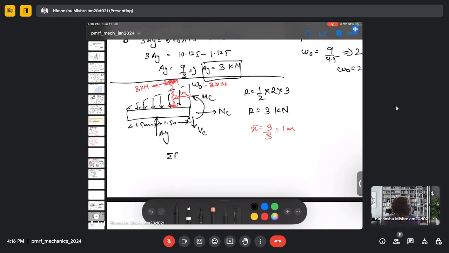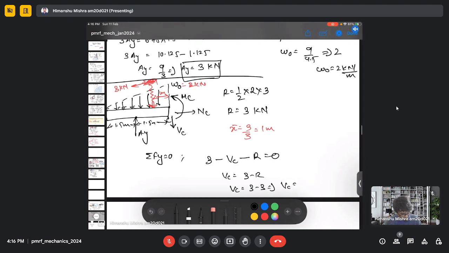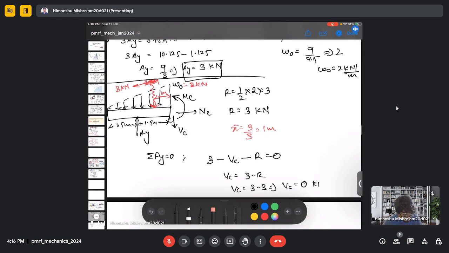So if we do the force balance, we have AY, which is 3 minus VC minus R equal to 0. So VC will be 3 minus R, and my R is 3. So my force at point C is 0 kilonewton,